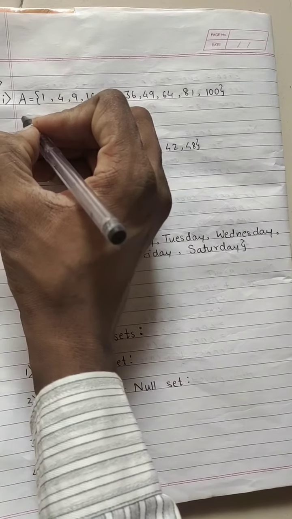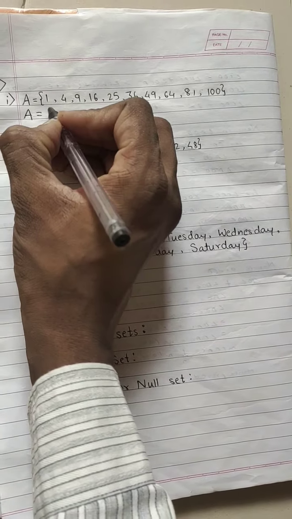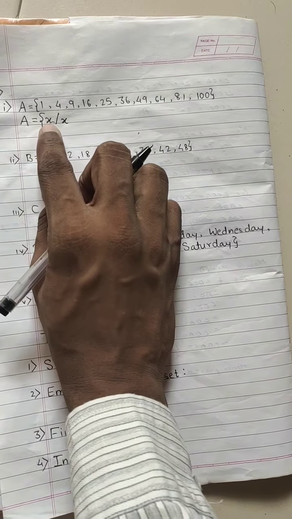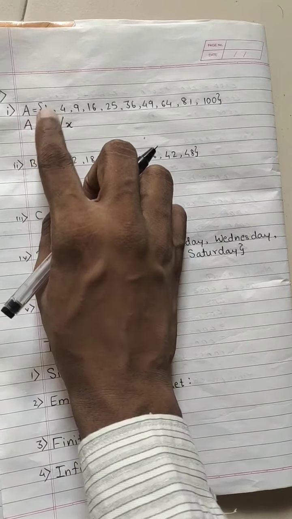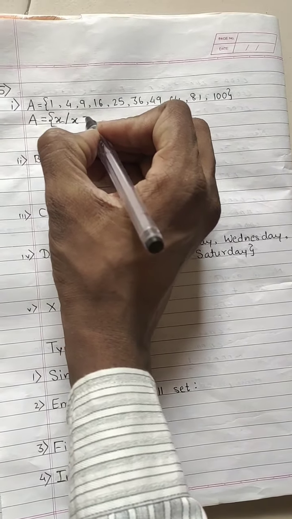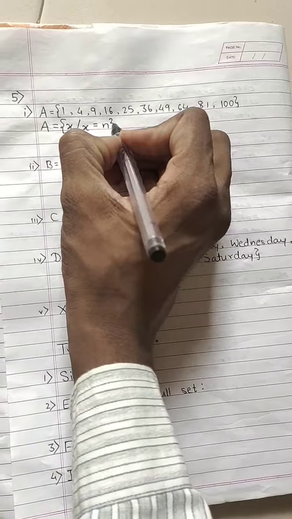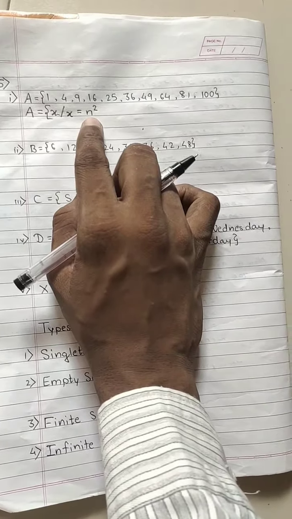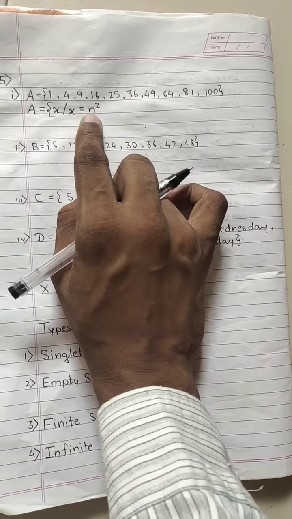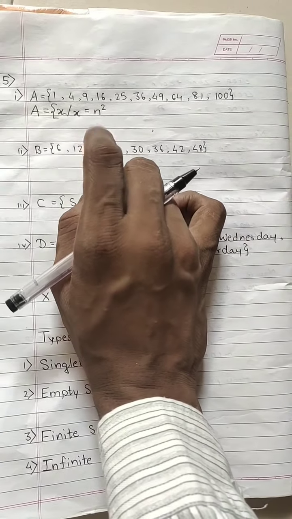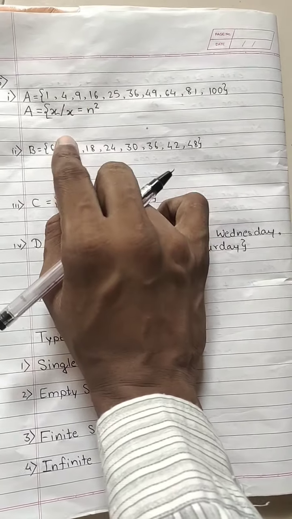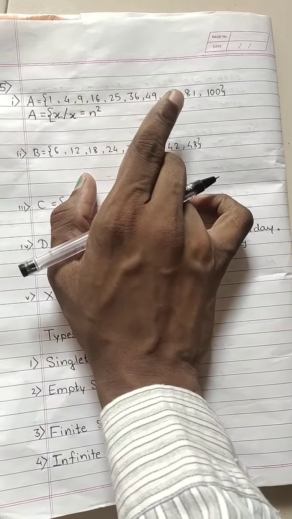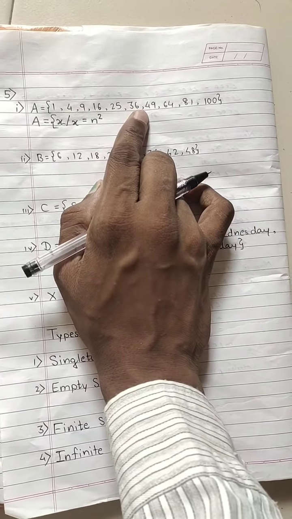So we can write it in the form of set builder form. Let us write it. A is equal to x such that x. This is common. This has to be there. X such that x in rule method. Now see, these all are squares. So let us write it: n square. Why n square? Because n is changing now and all are squares. Okay, n means your number is changing, and see, in place of n we can write 1, then 1 square will be there. In place of n we can write 2, so 2 square will be there. So in this way your n value is changing, but square is common in all the 10 numbers whichever is there in the set A.